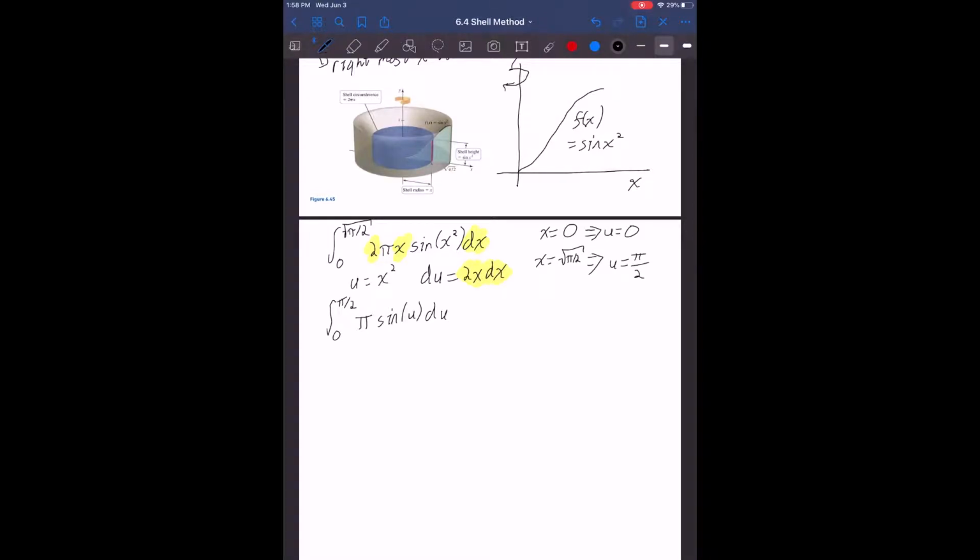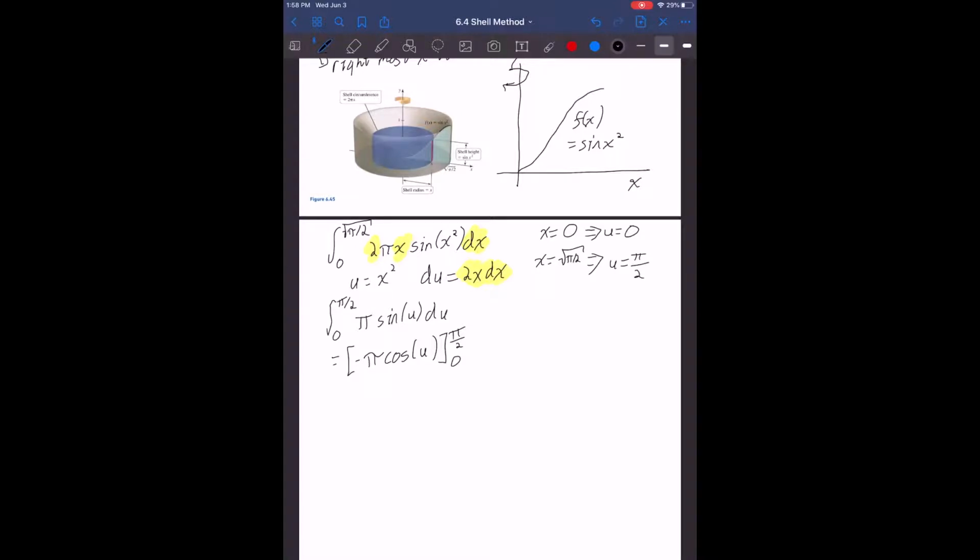Okay, so taking the integral of sine is going to be a negative cosine. It's the negative of what the derivative would be for sines and cosines. So this is equal to negative pi cosine of u, and this is going to be evaluated from 0 to